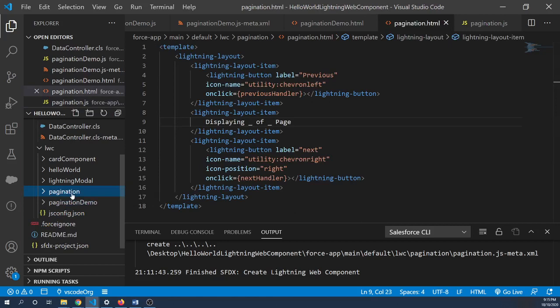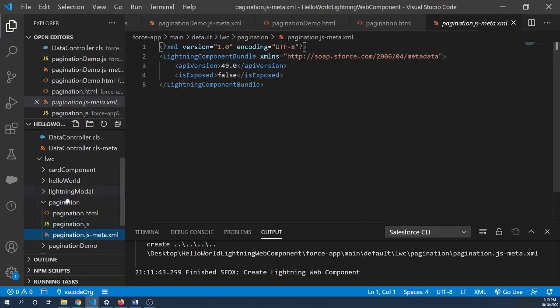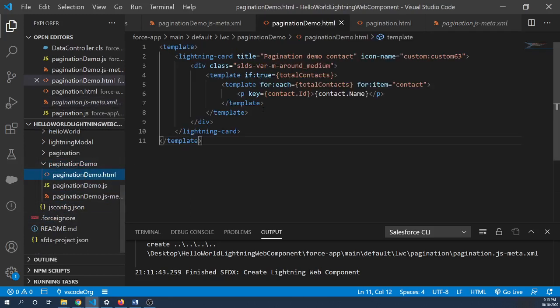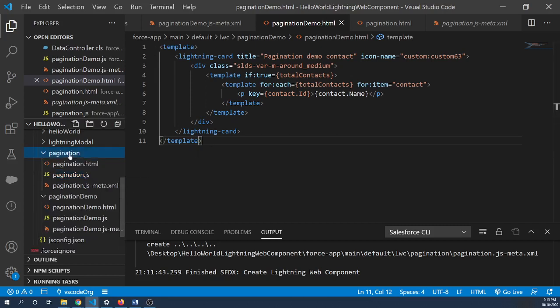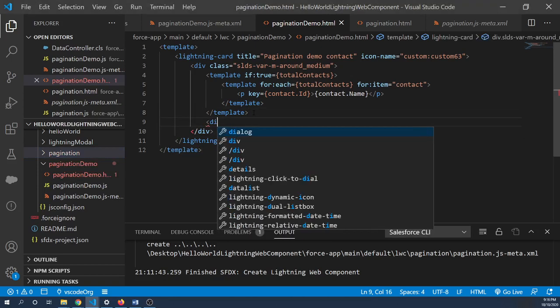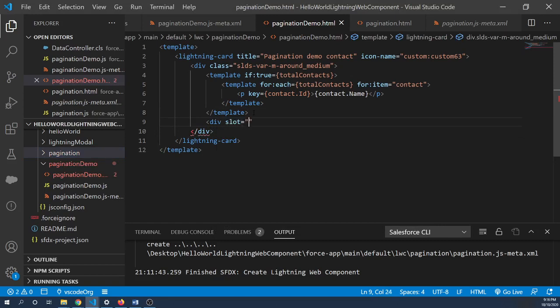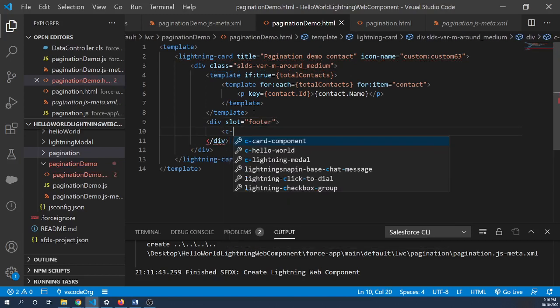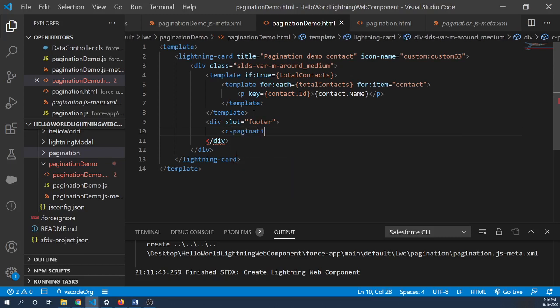But we don't need to deploy with changing the meta file, because we want it to be a component, and we'll embed this component in our pagination demo as a wrapper, I would say. So pagination demo is my parent component and pagination is my child component, and I want to add it on the footer of the card. And if you know how slots work, we can use div slot footer. There is a slot in the card component footer in which you can add your component. So I'll call the component using c hyphen pagination,